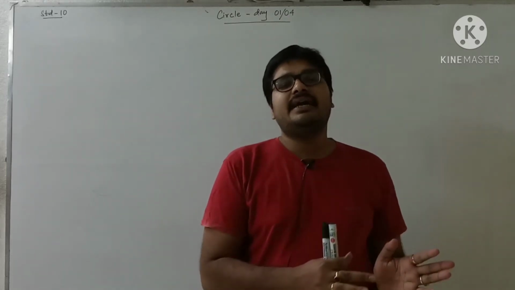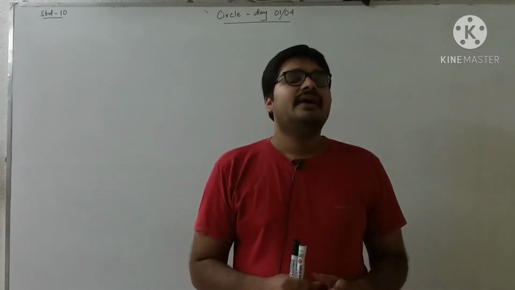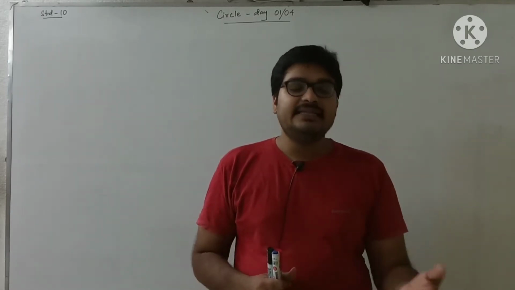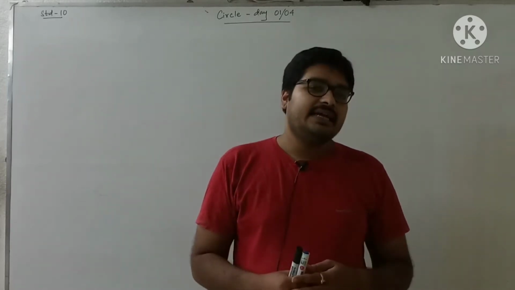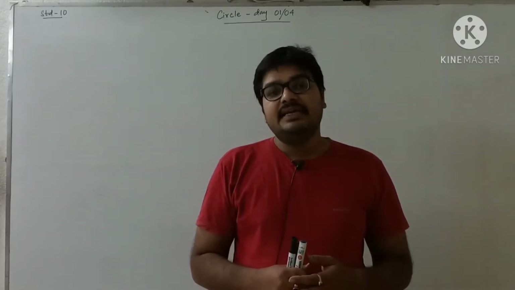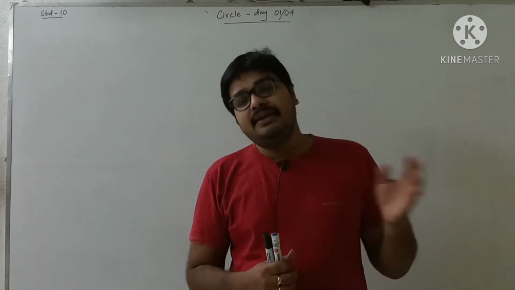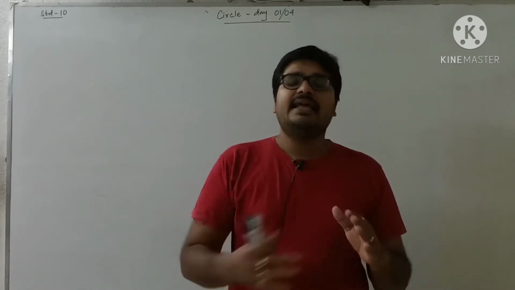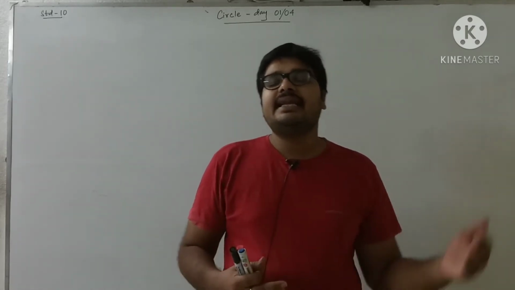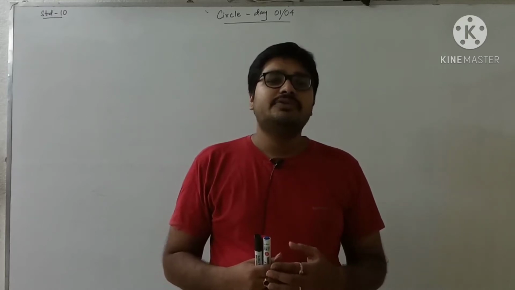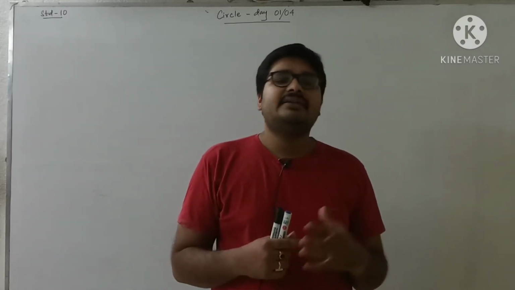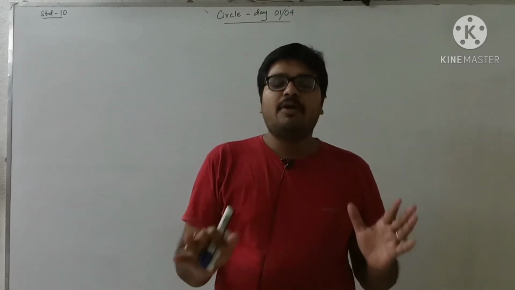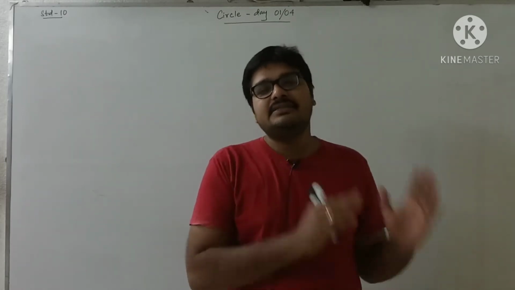Regarding circle, in class 9 we already did so many things, and we have the basic concept of circle: the meaning of the radius, diameter, circumference, sector and segment of a circle, and all their properties, like a central angle is twice the angle at the circumference, or in a cyclic quadrilateral the opposite angles' total value is 180 degrees. So many properties we have already learned in class 9.